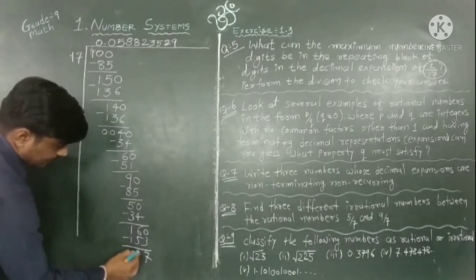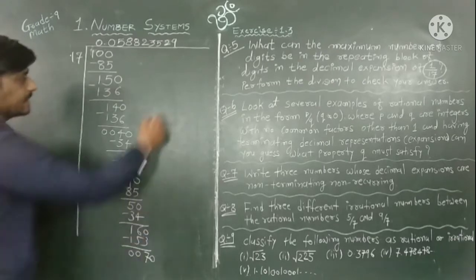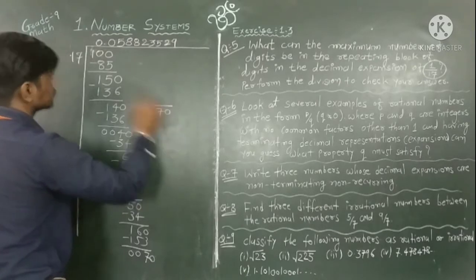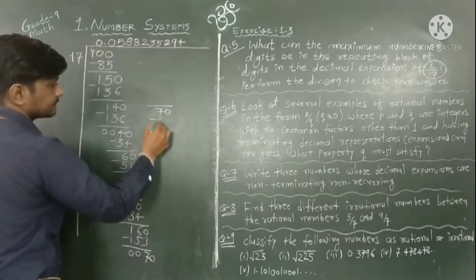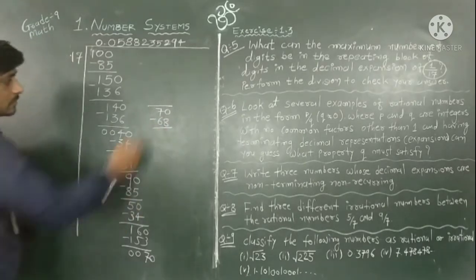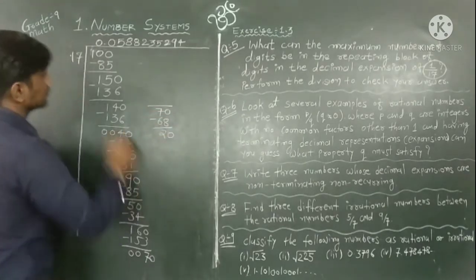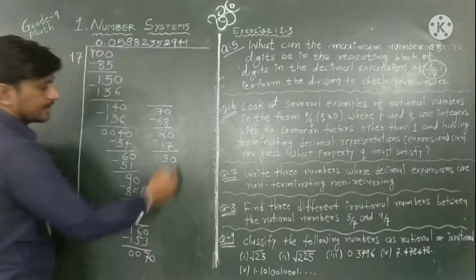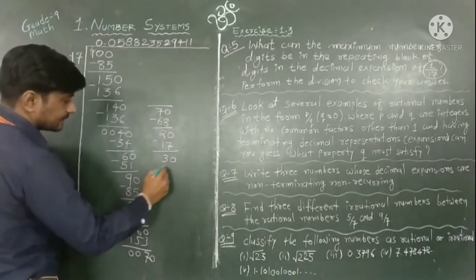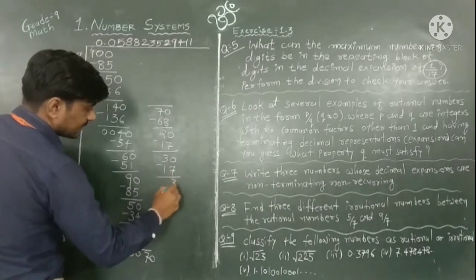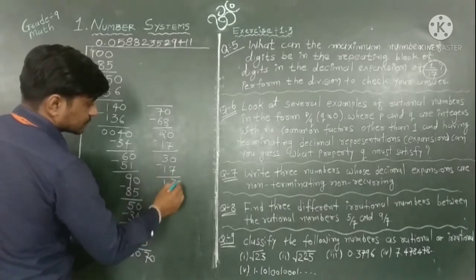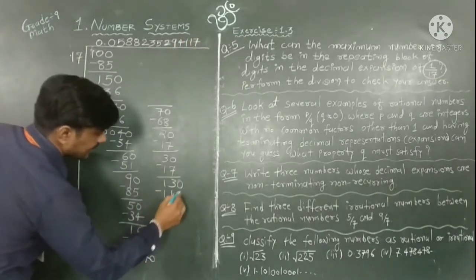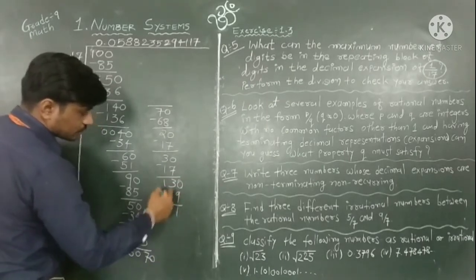Here 0 0, that means 17. So I write here the remaining portion. 17 4s are 68. So what is remaining? 2 0. So 17 1s are 17. So 3 is remaining. Again 17 1s are 17. What is remaining? 30. Now 17 7s are 119. So 10 minus 9, that means 1. 2 minus 1, that means 1.